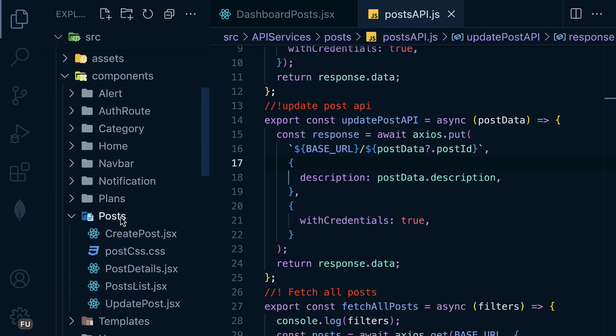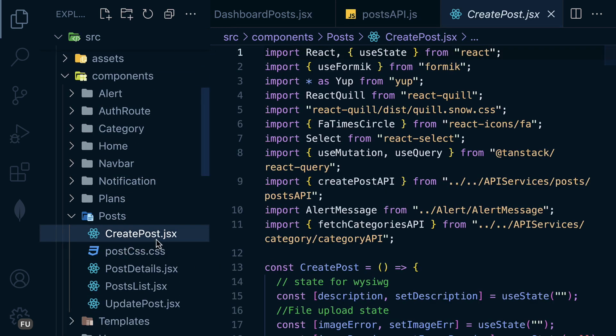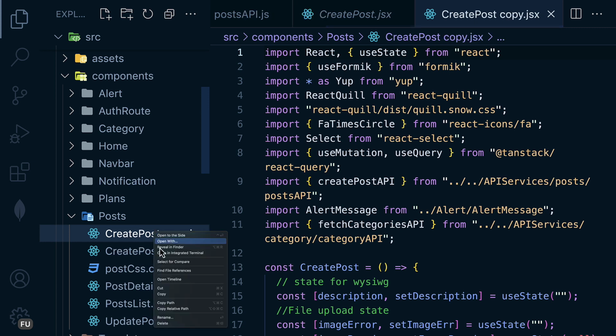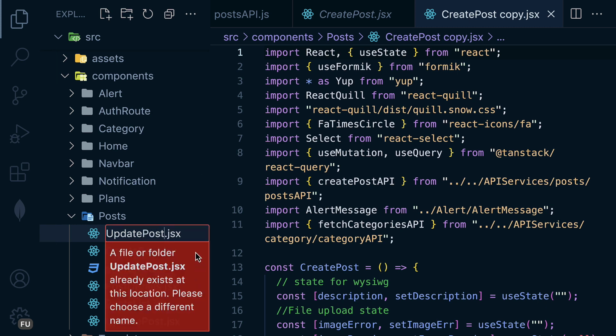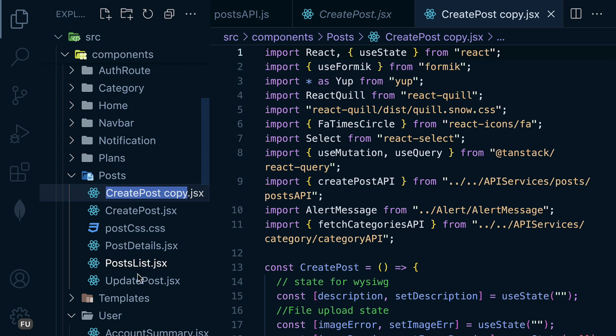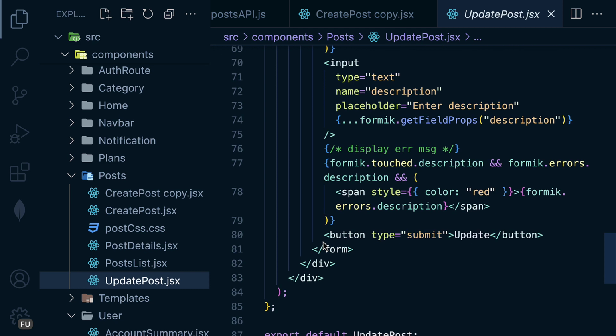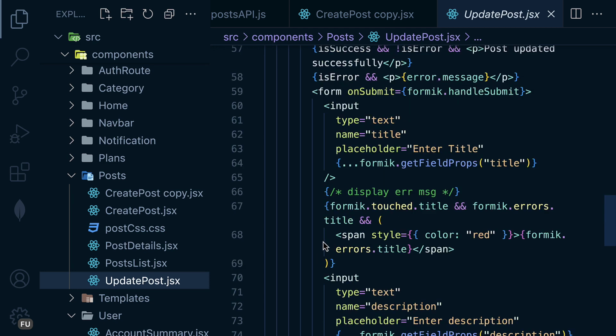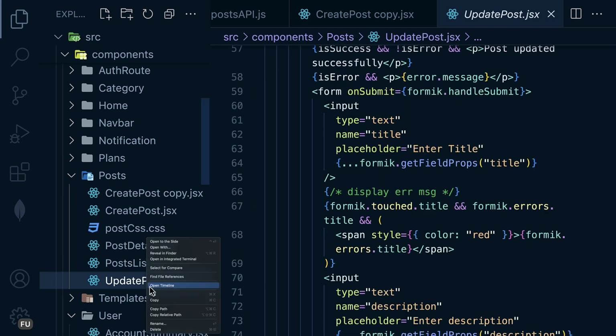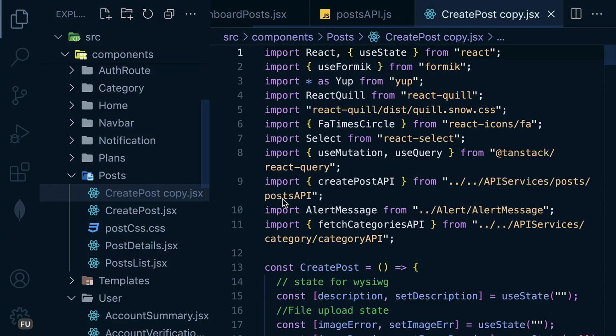So in the post folder for the creating, copy and paste and change this one to update post. I think we have that one already. Yeah, this one, let me see, but this one is too basic, right? So let me trash this one and then change this one to update post. All right,